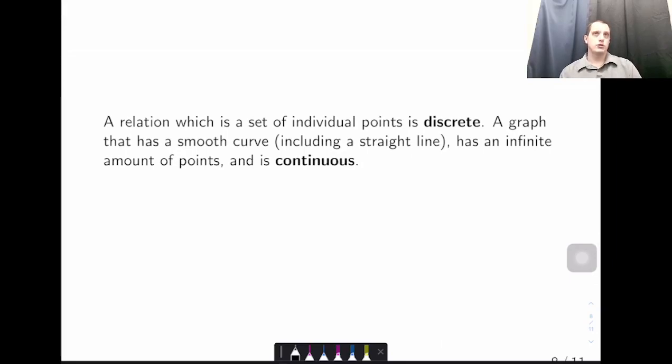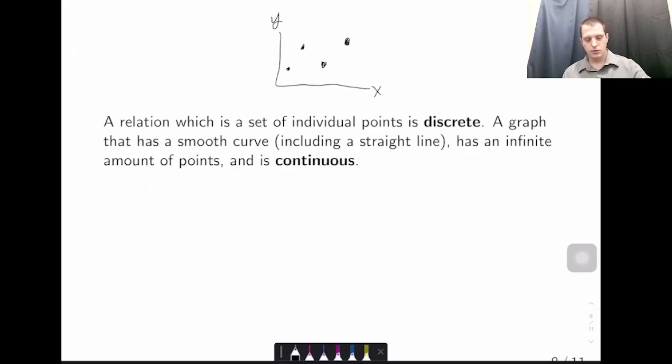So now we have these two new vocabulary words, discrete and continuous. A relation which is a set of individual points is discrete. So a discrete function could be something along the lines of, here's my x-axis, here's my y-axis, we have a dot here, a dot here, a dot here, a dot here. Those are all individual points. They are discrete. A graph that has a smooth curve, which includes a straight line, has an infinite amount of points and is